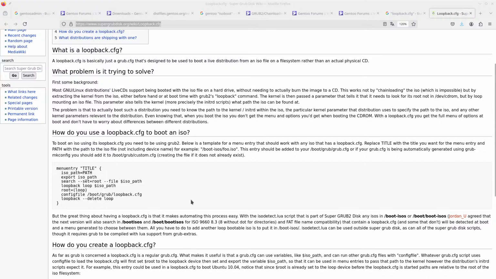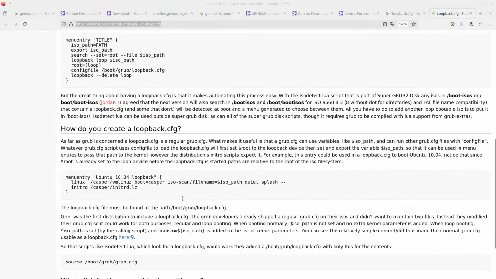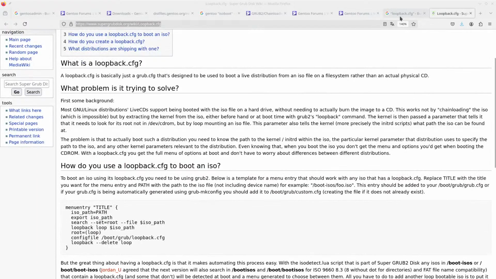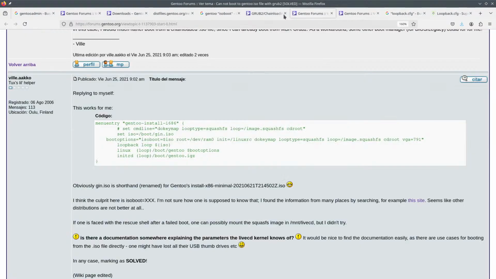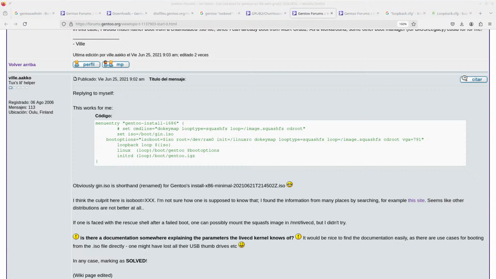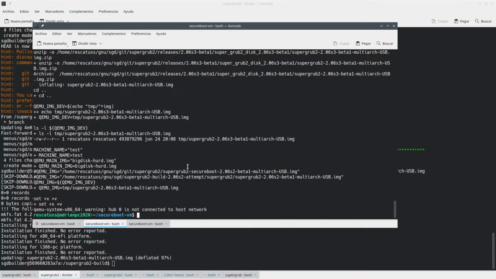So this is not useful for you. In any case, here we have a working case and we have the ISO here, and let's try to boot this thing.